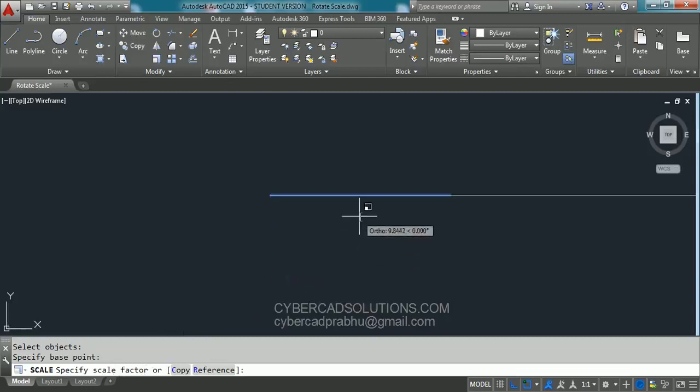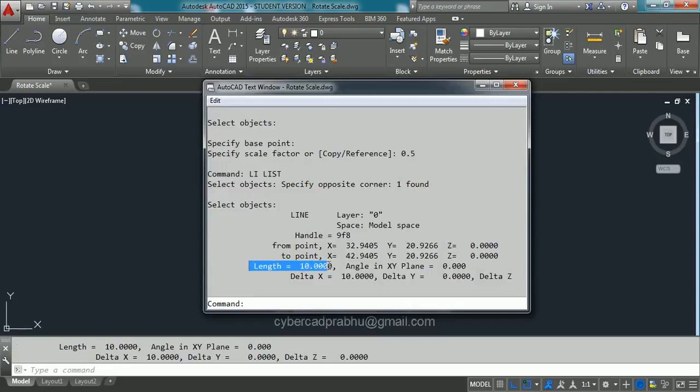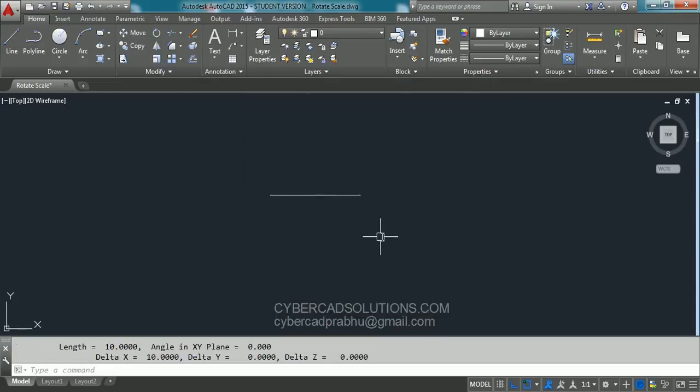Now if you give scale factor as 0.5, at present it is 20 units length. As we are going to give 0.5, it will become 10 units again. So press enter. Now it is 10 units. Type li at command prompt and select the line. You can see the length is back to 10 units, that is scaled down to 10 units. So this is how we scale lines or any entities.